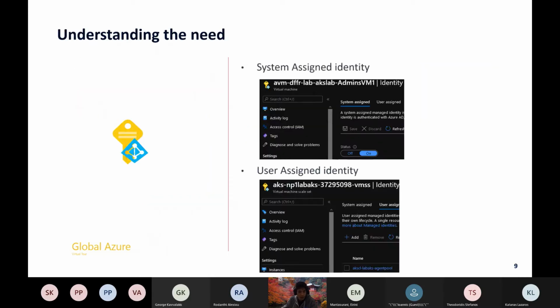Okay, just as a reminder, we have two flavors of managed identity. We have the system assigned identity and the user assigned identity. As the name implies, the system assigned identity is managed automatically by the system, and that's why you can see on the screen that we only need to activate it. We are with a status of on, for example, on this slide, and then the resource, which is in this case a virtual machine, will get an identity with the same name as the virtual machine that we can find if you look at that in Azure AD.